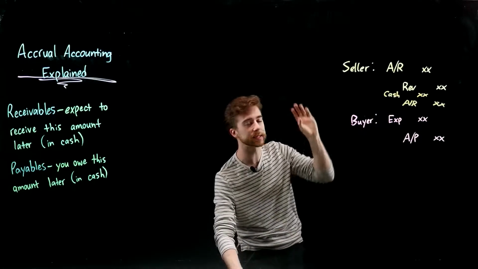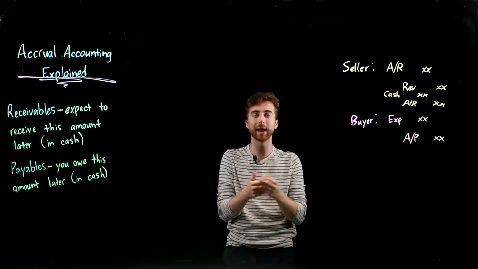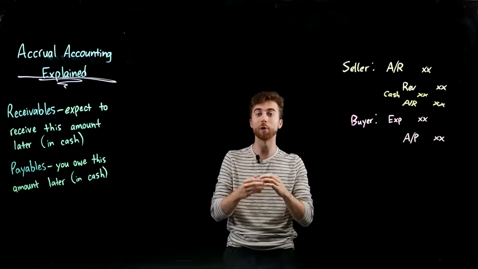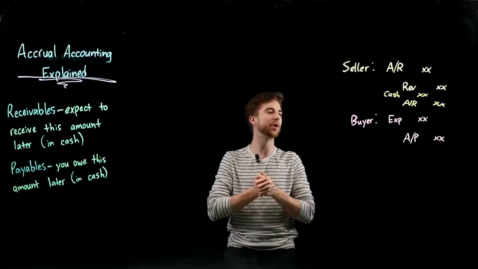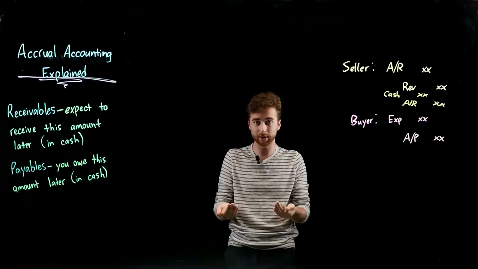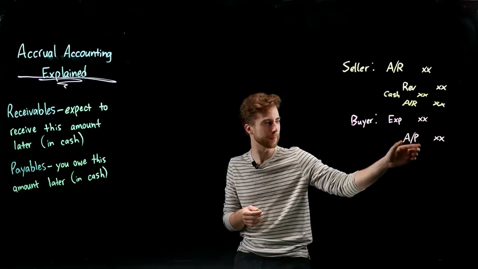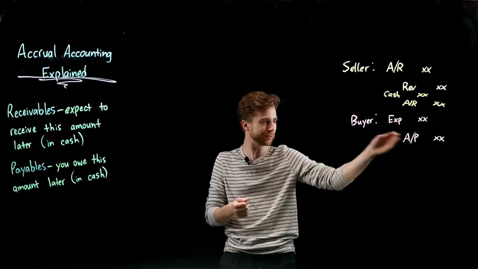So that's what happens from the seller's perspective, whereas from the buyer's perspective, I approach a company, I go, hey, I want to buy this product from you. They say, okay, awesome. I don't have the cash right now, but put it on my tab, I'll pay you off very soon. They go, okay, that sounds great. So I'm going to recognize an expense on the front end, right? Because again, pretend like we're just replacing cash with a payable or a receivable, depending on if you're the buyer or the seller. In this case, I'm basically replacing it with a payable.